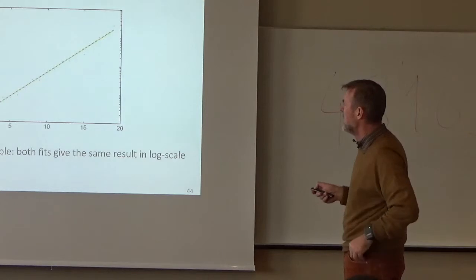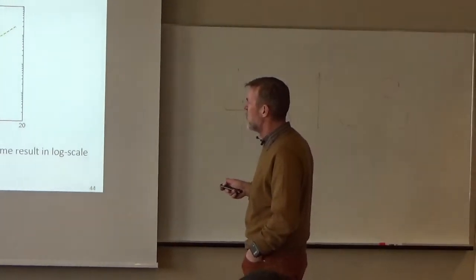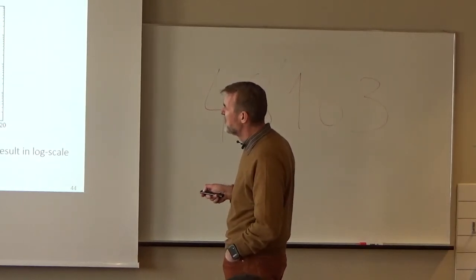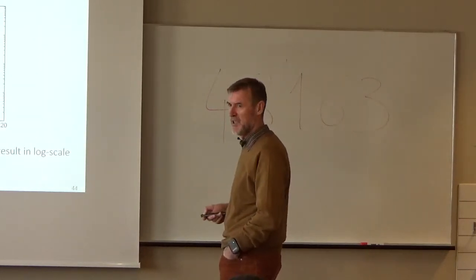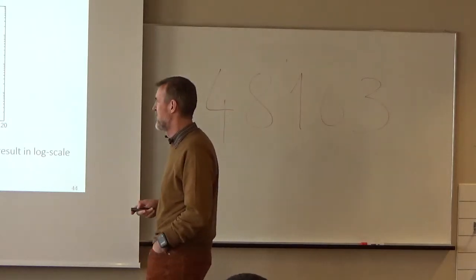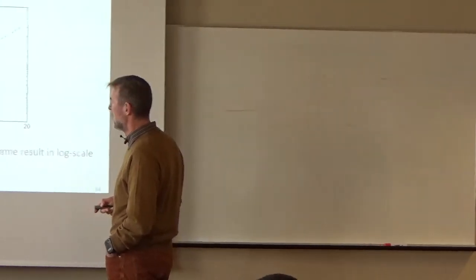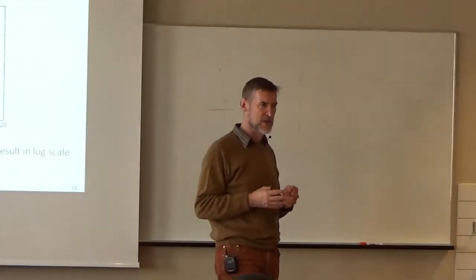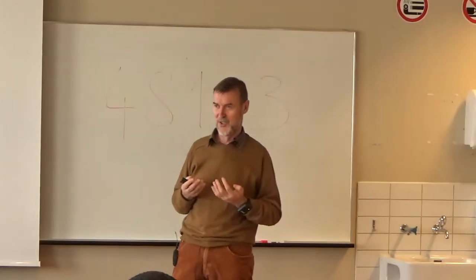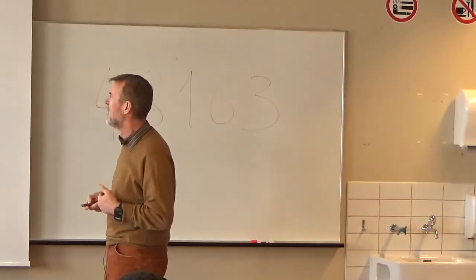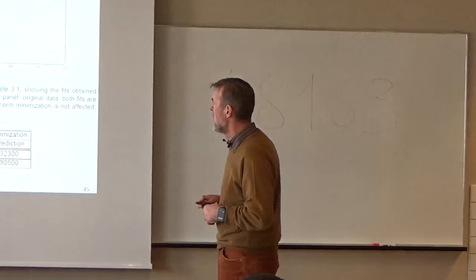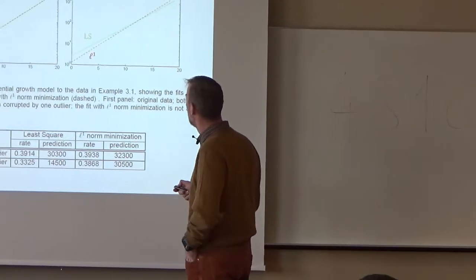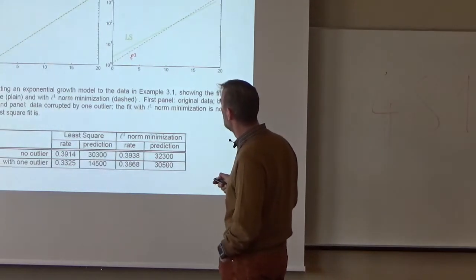Here I did that in log scale for L1 and L2. And in this example, there's no visible difference. It gives quasi the same result, not verbatim the same, but quasi the same result, which is quite typical. If you have a good model with no outlier, the two will give the same, which is good in some sense. It means we don't need to worry too much about it. However, the thing might be very different if I have outliers. So what I did here is I